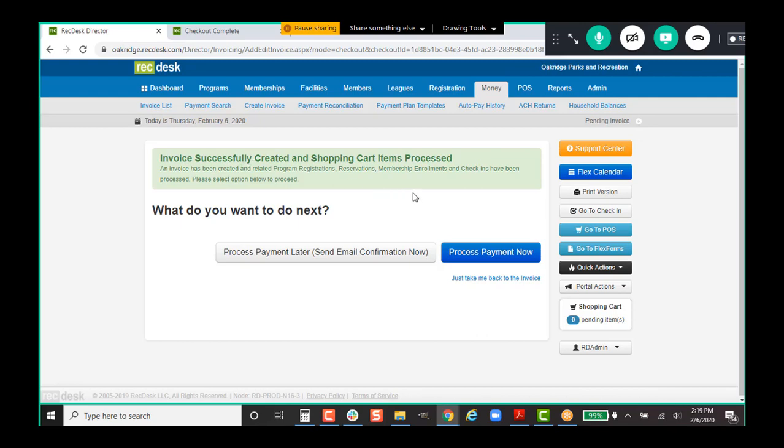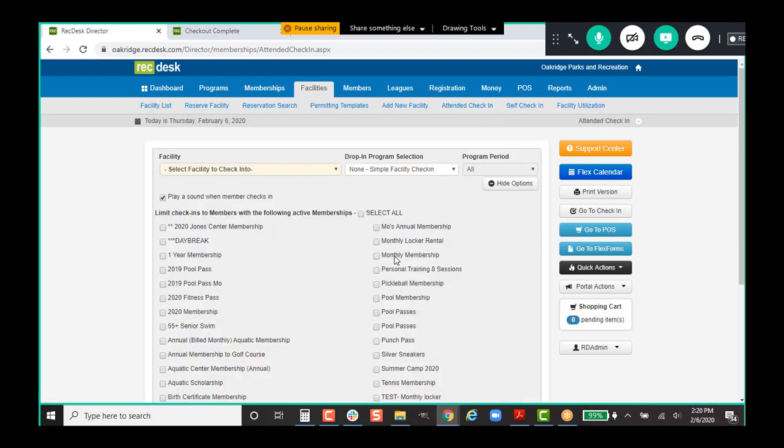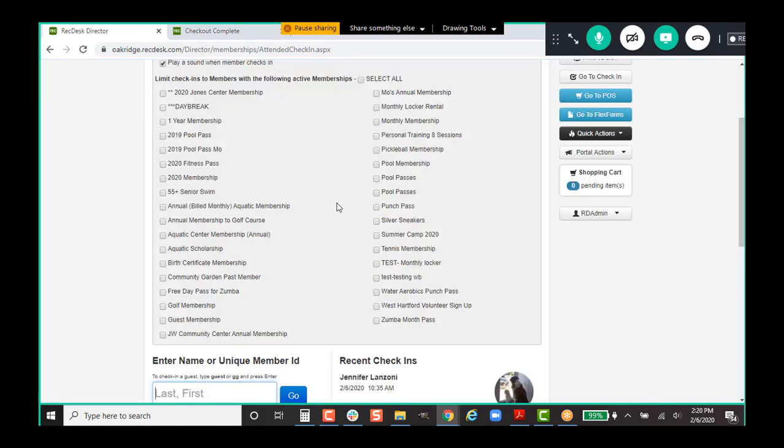Now the check-in feature. Found here on the right-hand side under the Go to Check-in button or on the Facilities tab, we have two options, the Attended Check-in and the Self-Check-in. Now when you click Go to Check-in, it's going to take you to the Attended Check-in screen. This is going to allow you to choose your facility,